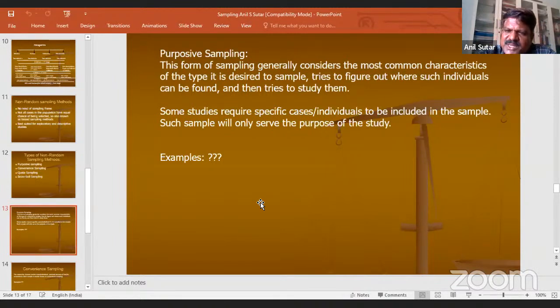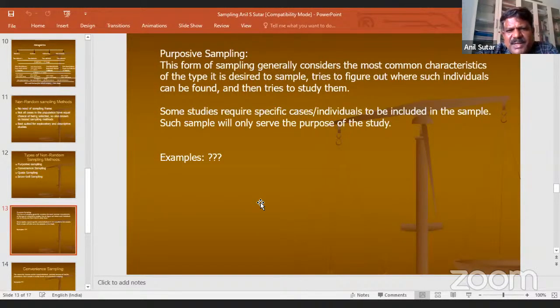This is how most of the time the qualitative methods have been designed, and this combination of sampling methods is quite popular and allowed in case of qualitative research than in case of quantitative surveys.